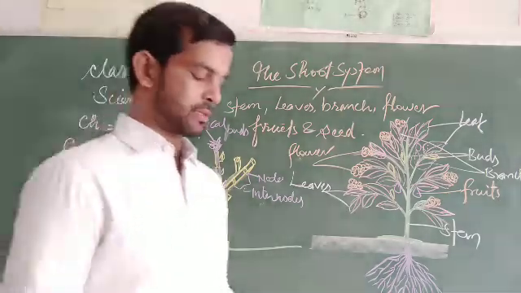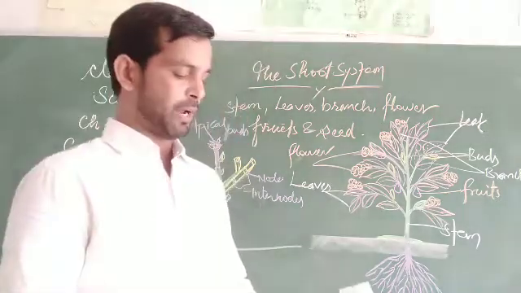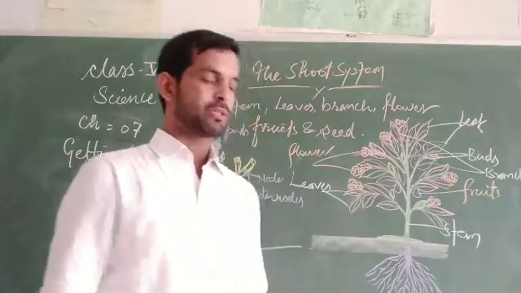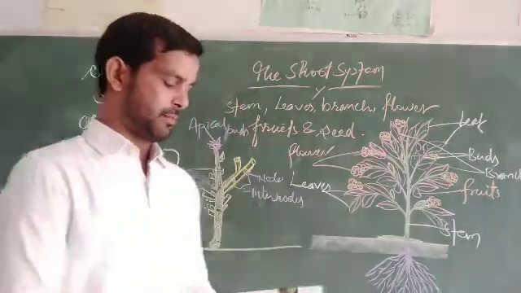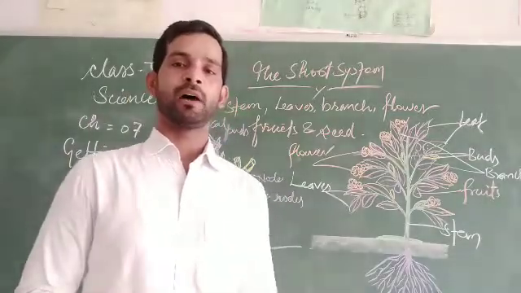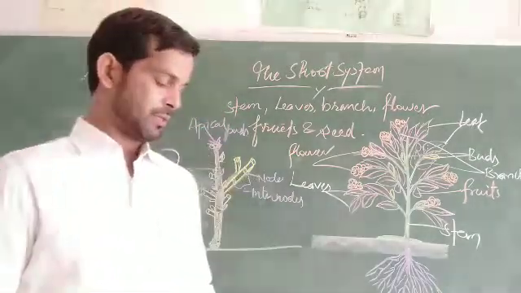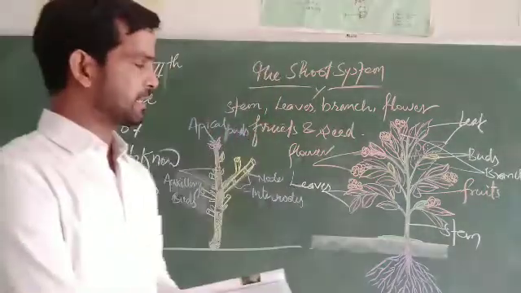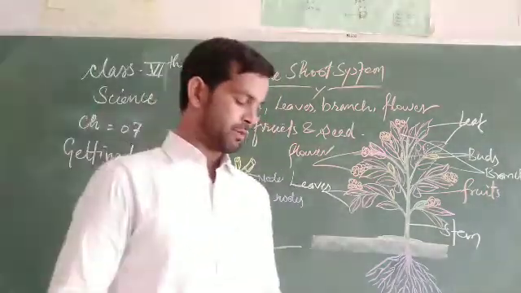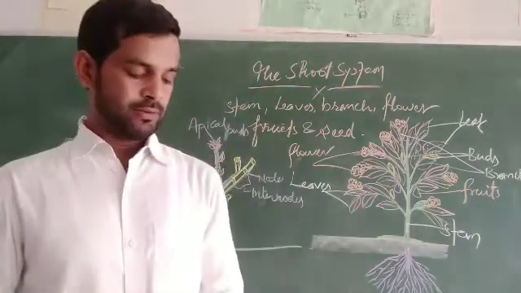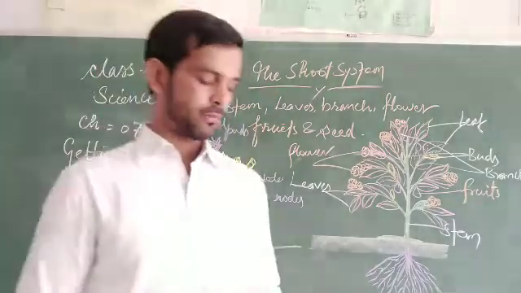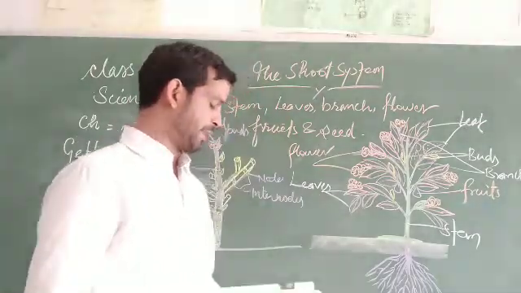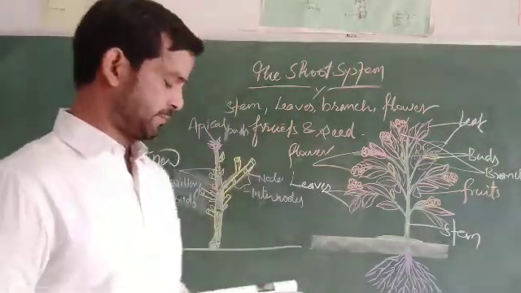The function of the stem is to keep the plant straight and give support to the plant. The stem bears important parts of the plant, like branches, leaves, flowers, fruits, etc. The stem transports water, minerals and other substances from the roots in the soil to all parts of the plant. The stem also transports food made by the leaves to the different parts of the plant.